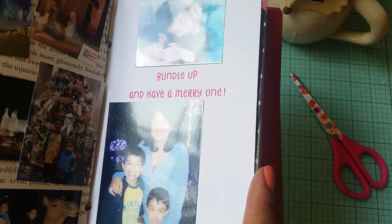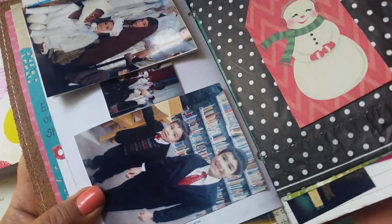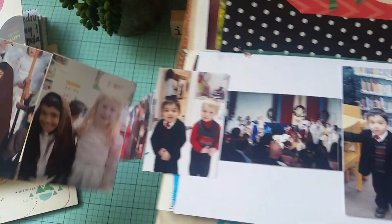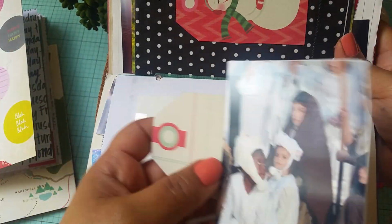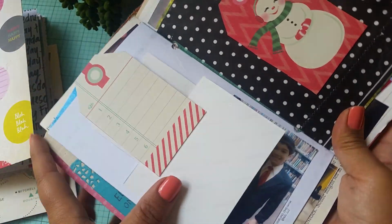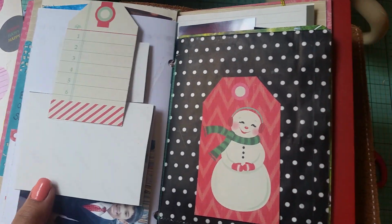So that was us. Now this one is actually, I had so many photos at my son's Christmas pageant that I didn't know what to do. So I made a long thing like this, and I just connected all of them. I never get this right. There we go. So I have to still write on here that it's the Christmas pageant or something, but there's room